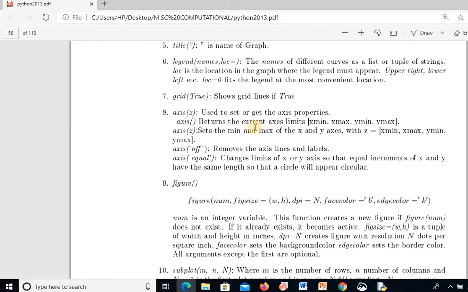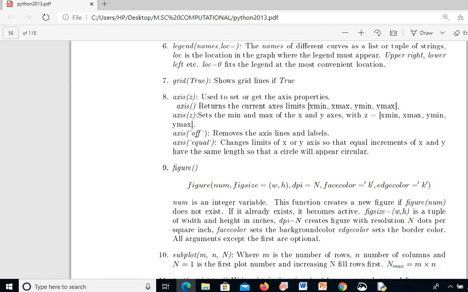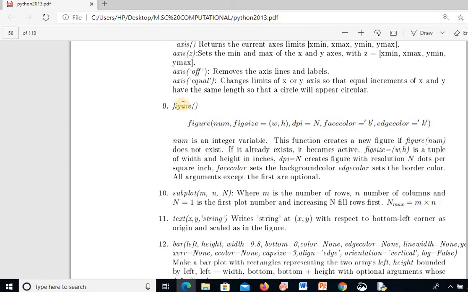Similarly, I can set the axis. These are not at all mandatory functions. I can put axis off, and if I'm using axis equal, both x and y axes will be set equal. If you have two or three figures, I can name the figures figure 1, figure 2, figure 3.